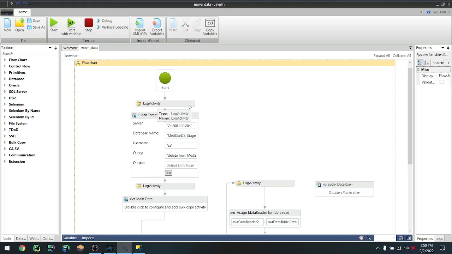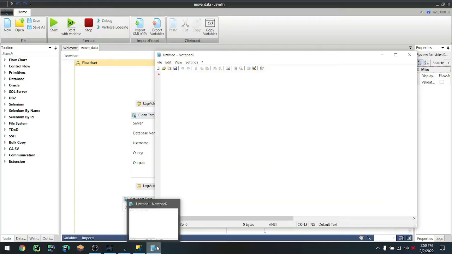Hey everybody, so we're going to talk about this Javelin flow for a few seconds or a few minutes, however long it takes. So we're going to start off with talking about what the scope here is, what we're trying to achieve. So imagine you have a database, we'll call it source one,